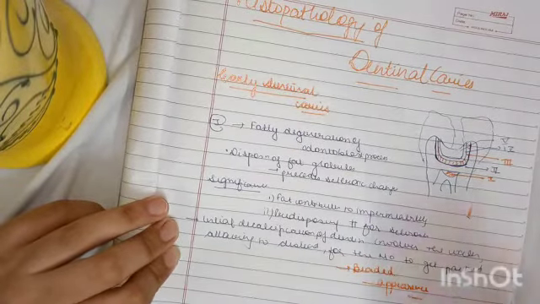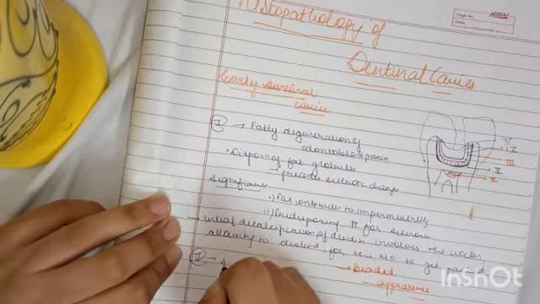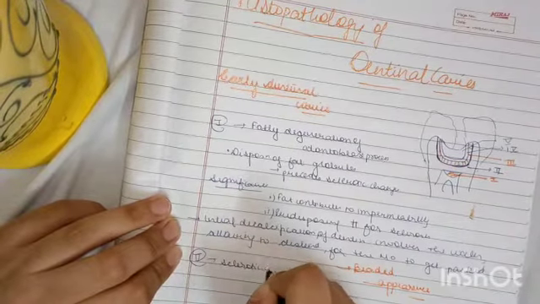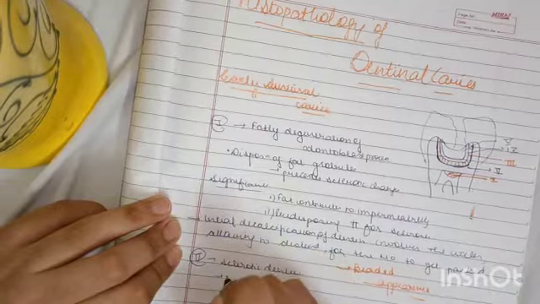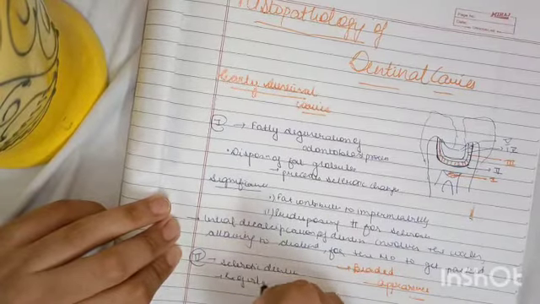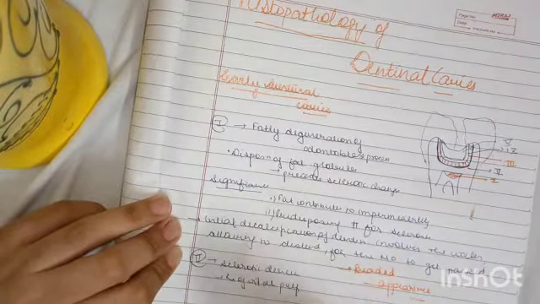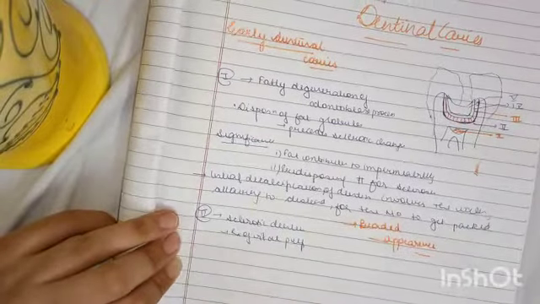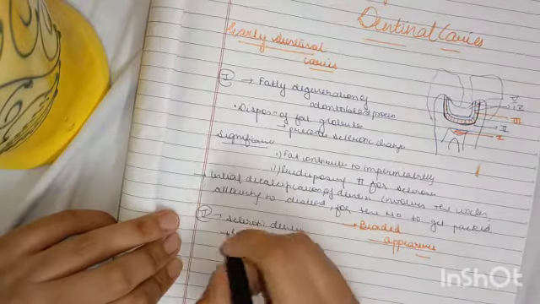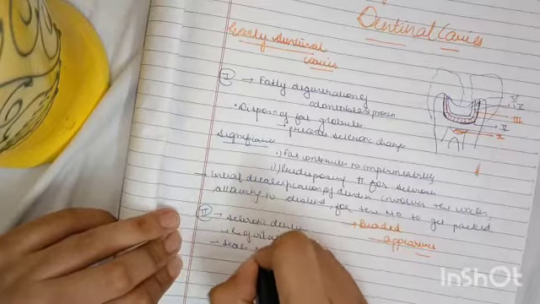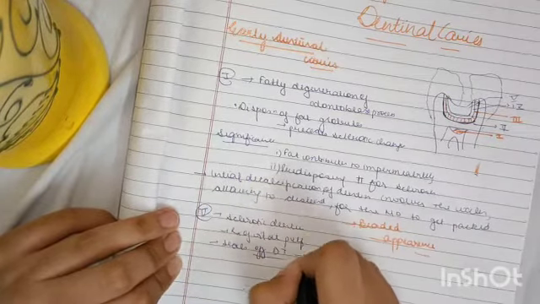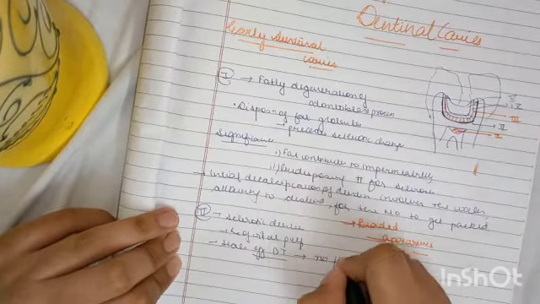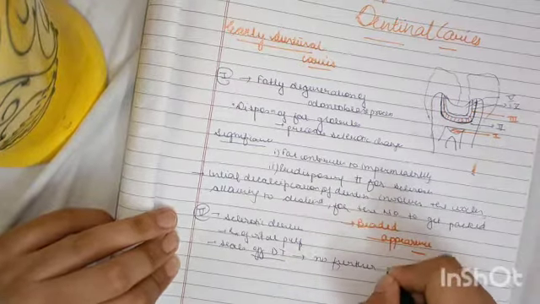Then we will discuss the second zone, which is the sclerotic dentine zone. Why is sclerotic dentine actually formed? It is formed because of the reaction of the vital pulp, in response to reparative manifestation. Basically, it is trying to seal off the dentinal tubules so that there is no further penetration of the microorganisms.